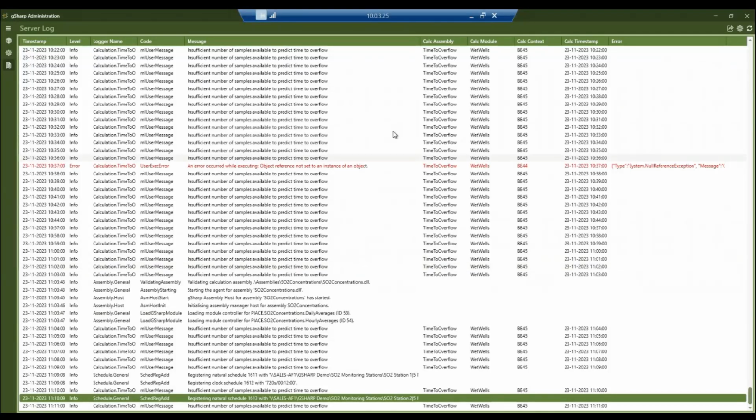Now with logging, the logging is highly flexible, as we mentioned in the feature set. One of the areas that we're currently working on to get finished for the first release is filtering of your logging, so that you can filter using a number of different criteria to potentially filter out some of the noise that you see in the overall server log.